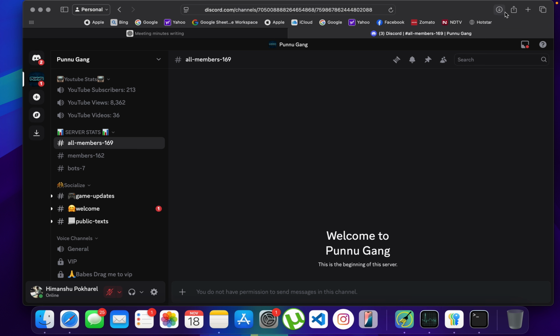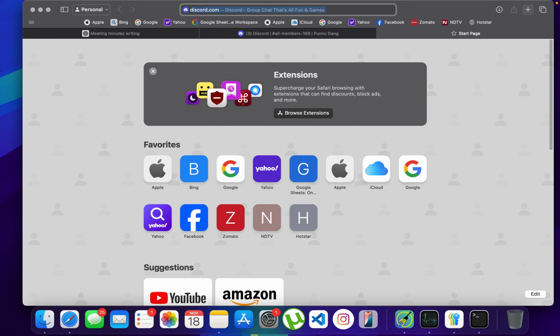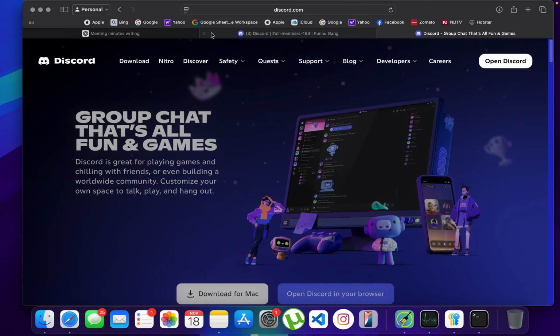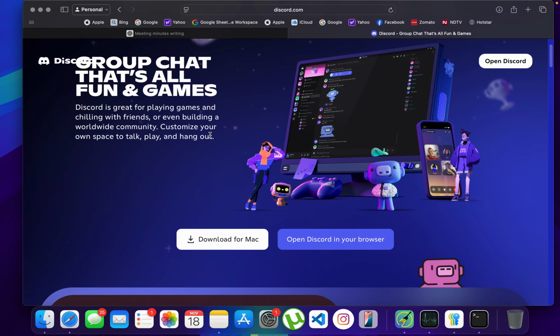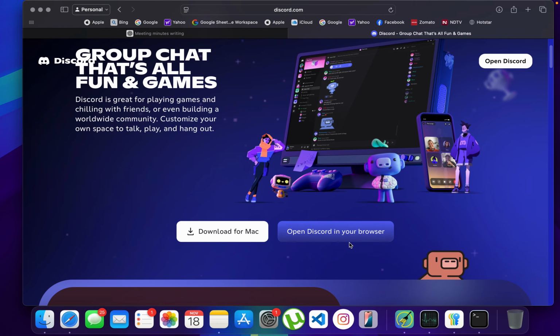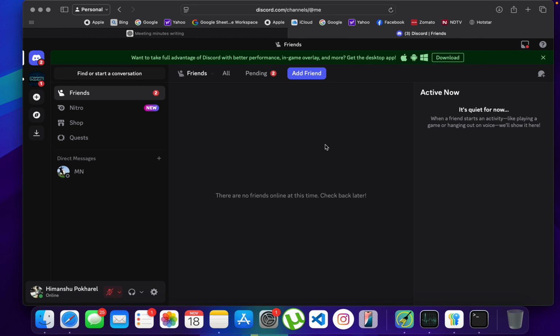So first things first, simply go ahead and open any browser you want and then go to discord.com, or you could also hop straight into your Discord application. Make sure that you're already logged in to your account, and once you're logged in, all you need to do is, on the top left or the left section right over here, click on this add a server